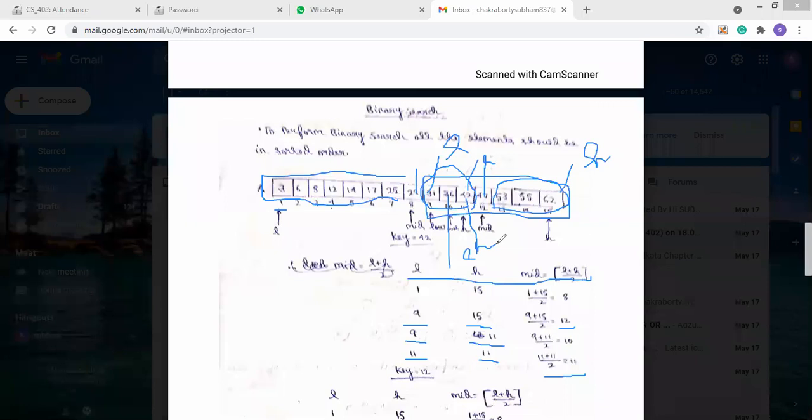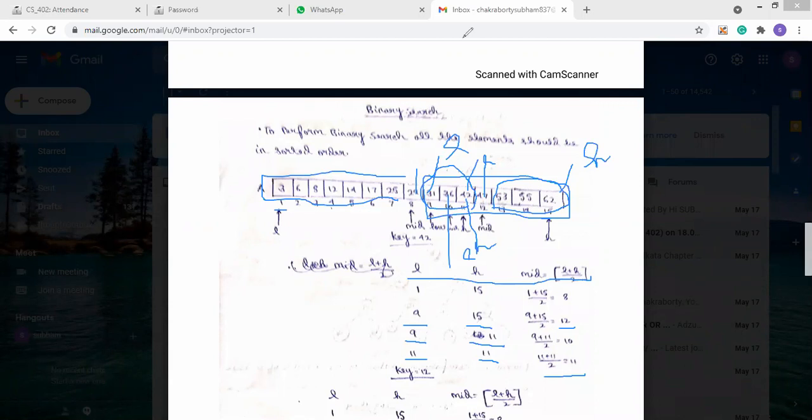If it is less than mid, then we will check the left portion, and then again move the mid, and again find the mid iteratively, until the value is found.